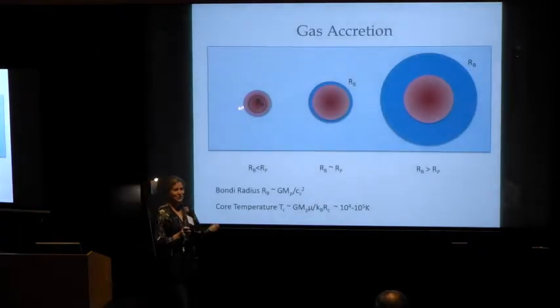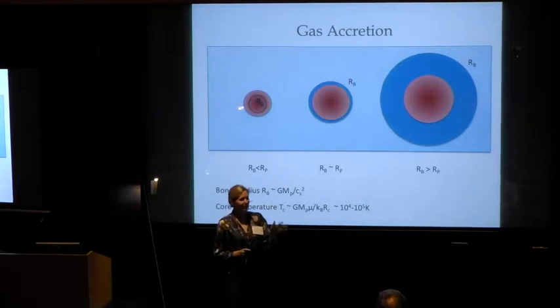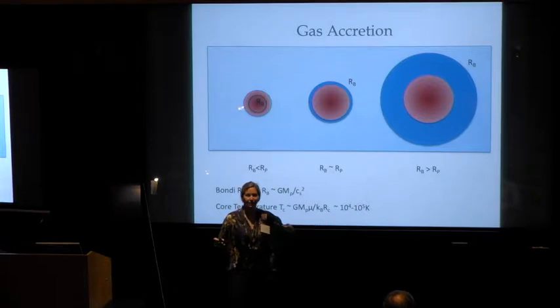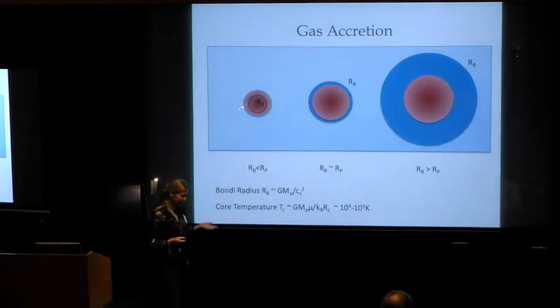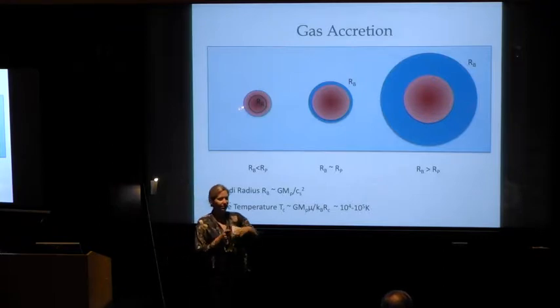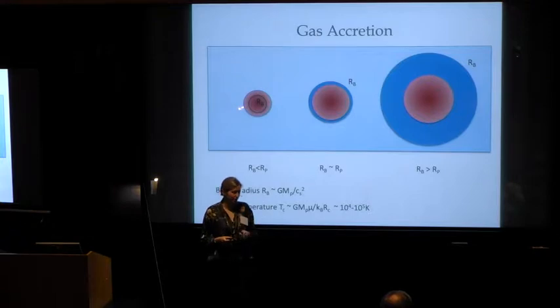I'm not going to worry about forming my core. I'm going to cut out that part because I only got 45 minutes instead of 4 days. So let's just worry about the gas accretion part. Let's think about it together. If you give me a planetary core, and you ask me how much of an atmosphere this core can accrete,